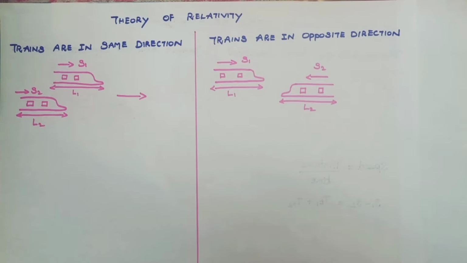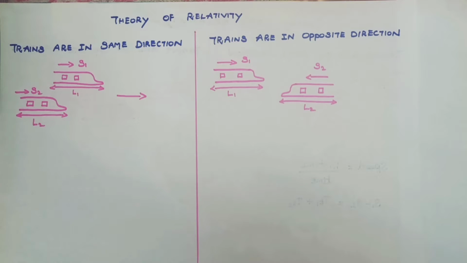Welcome to the Aptitude Learning Session. In this video, we will see the Theory of Relativity from Train Aptitude Problems. In the Theory of Relativity, you would have seen two kinds of problems. One is where trains are in the same direction, the other is where trains are in the opposite direction. In trains in the same direction, a train of length L1 is running at the speed of S1, and the other train of length L2 is running at the speed of S2, both in the